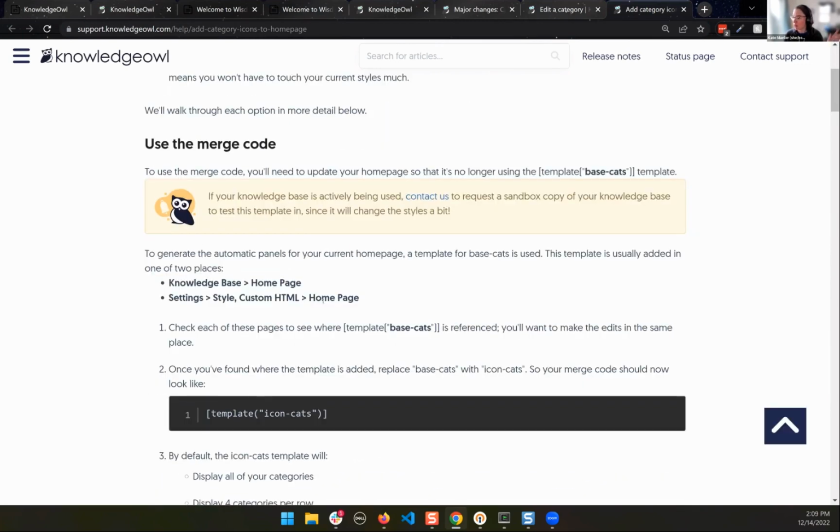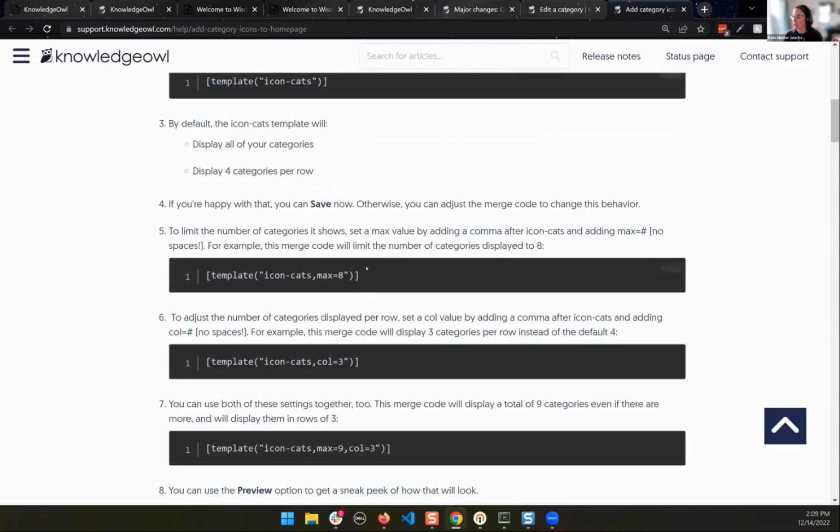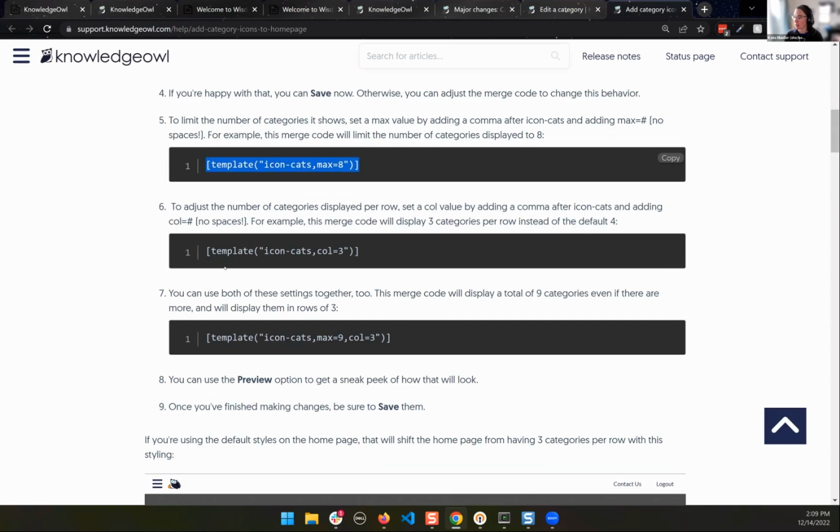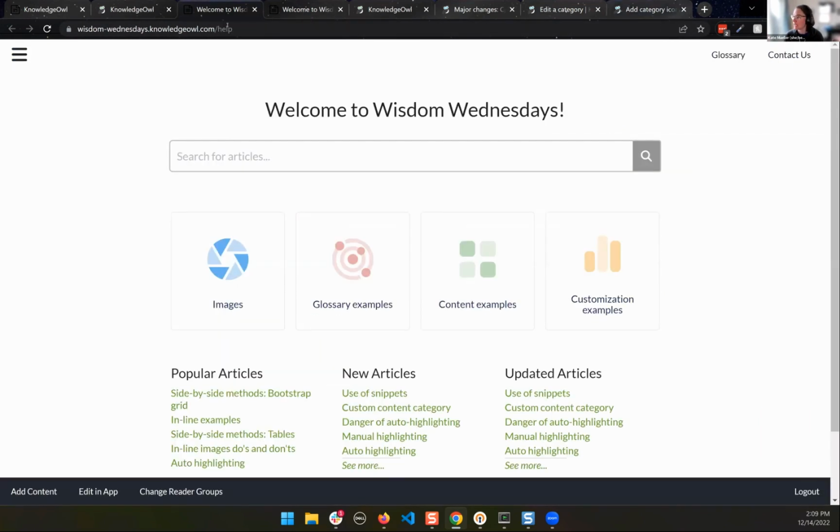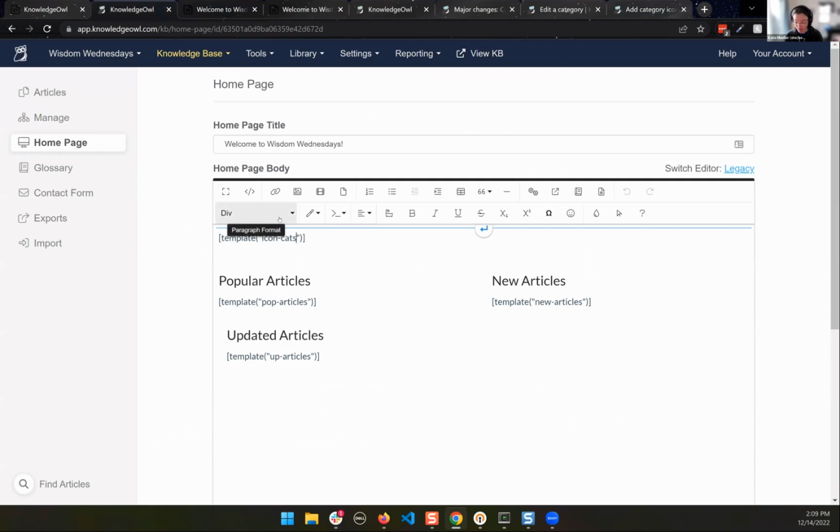This walks through both the old code we had as well as some of the new options. So you'll see it's got examples of several different variables here that can be passed in. Though what I care about here is this col, which stands for columns, and then it equals and a number. So in this case, the default behavior for this homepage is to do 4 across. If you don't want to do 4, if you want to go back to the old 3, for example,